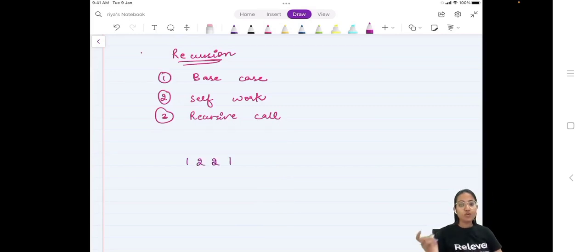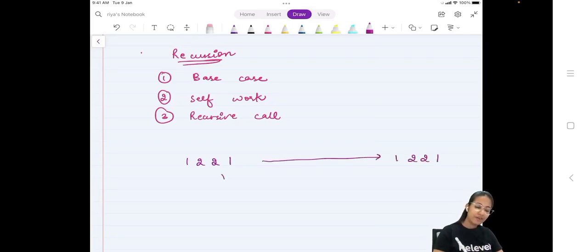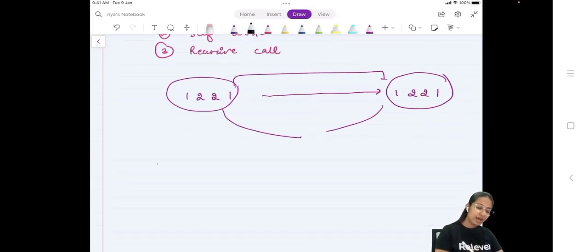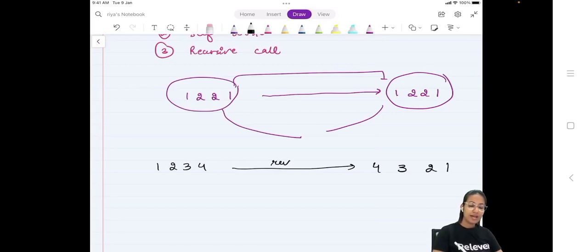Okay, can I do this simple task where I reverse this string, and then verify if the original string is equal to the reverse string, correct? Another example, let's say I have a string like this. I will reverse it, okay? And this will give me 4, 3, 2 and 1. And then I will compare the original string